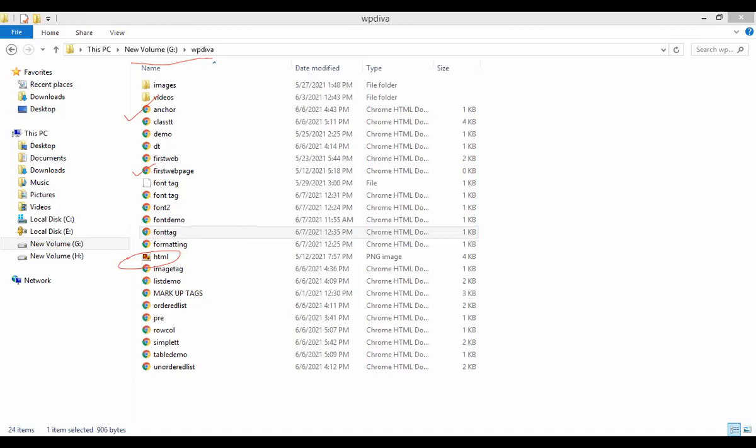Now let me come back to the notepad. Now I will tell you how to write code for this. Okay, fine. Now see, initially we will see how to display images. I have already taken the code here, so I will just type it here. So where is my image, guys? My image is present in the G drive. Do you agree? So this is the path where my image is present, right?